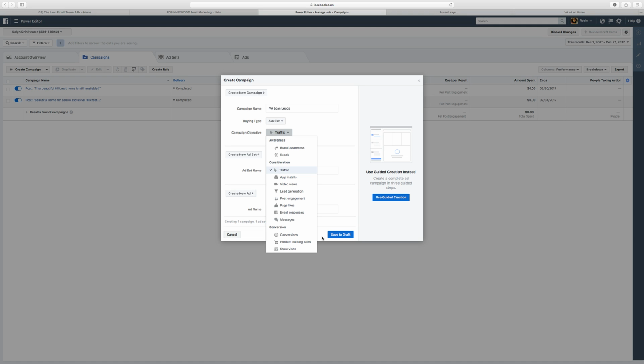If you were going to be doing, we can do traffic at first. You can also do conversions, which we'll switch to. Do you think he can handle more than 50 leads a week? Oh, sure. Are you sure? Oh, he's got other mortgage officers, loan officers. All right. So we'll do conversions, and we'll call this one